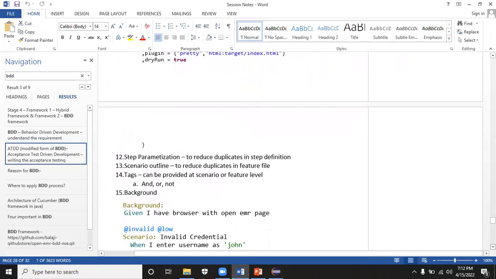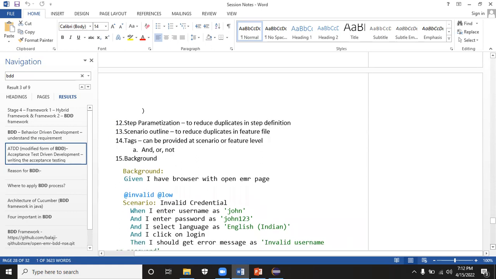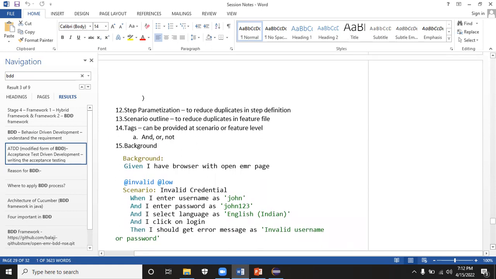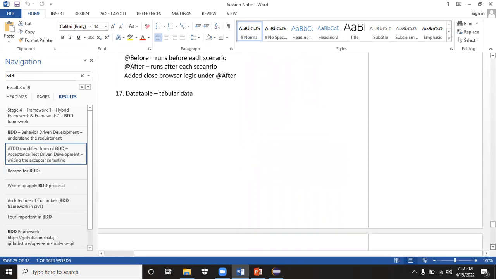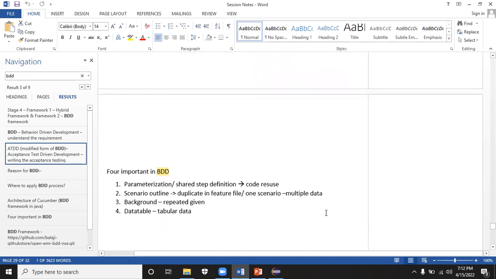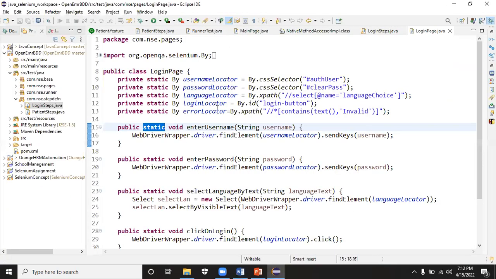When it comes to BDD, these are the concepts: parameterization, scenario outline to reduce the duplicates in the feature file, and step parameterization, basically creating a parameter for running it multiple times. Then I explained to you how to include a particular tag and run. Background, when you have a repeated given, you can go for background. Then we have seen something called a data table. So four important concepts are there. With these only you have to contribute to the ATDD framework or BDD framework which we are constructing. So till this, any doubts, whatever you constructed till now